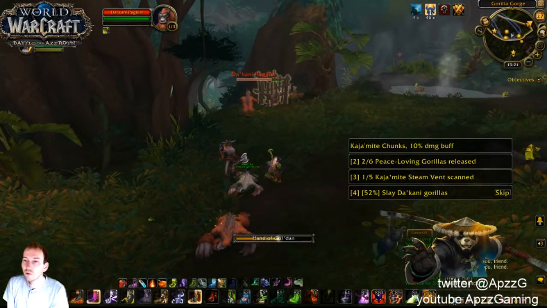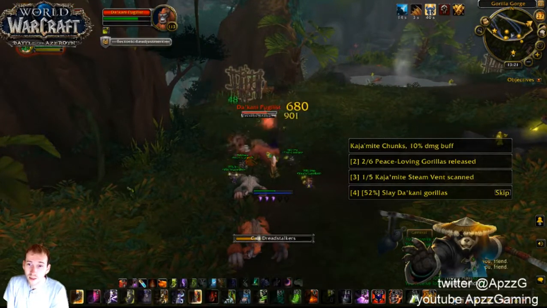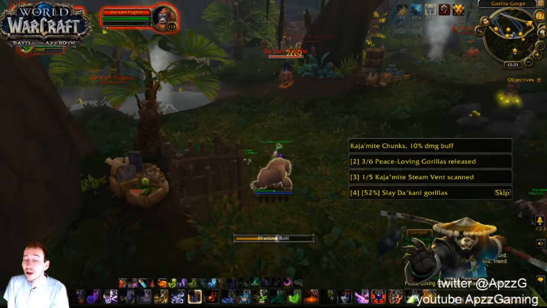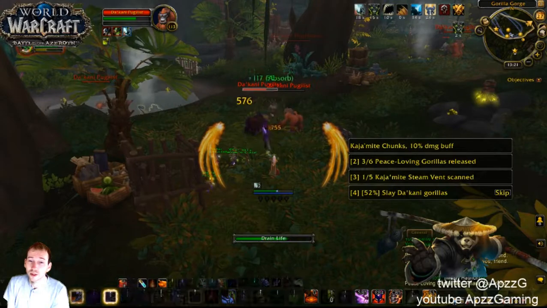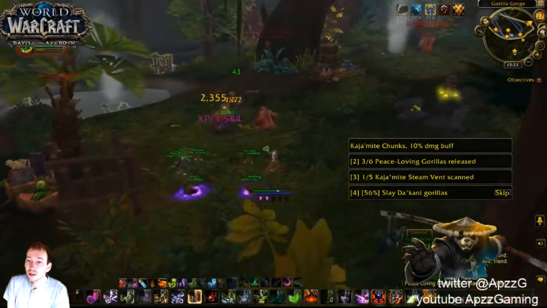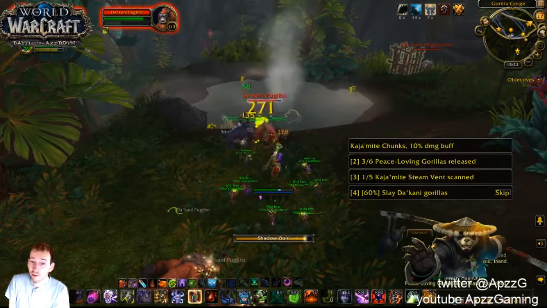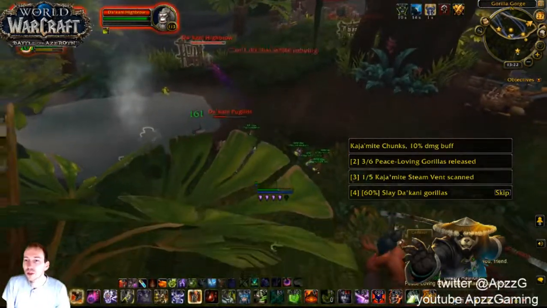So yes, 2 of 6 peace-loving gorillas released. So I'm guessing these gorillas here, they're not peaceful, they don't like us, and it's what you get in the world of Azeroth, unfortunately. We're very upset to see that them gorillas are not peace-loving gorillas, but the peace-loving gorillas are very happy to be released as we destroy these gorillas. That's at 60% now, so we've got 40 more percent of these Dakani gorillas, not peace-loving, Dakani. They are going to be slain. And then we're going to open the cages